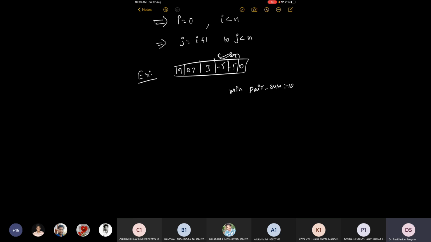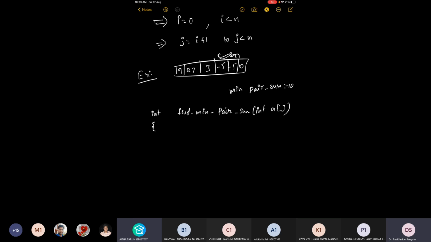So the one who has done, int find minimum pair sum, something like that. Can the second minimum and first minimum be repeated or not? No, not required.